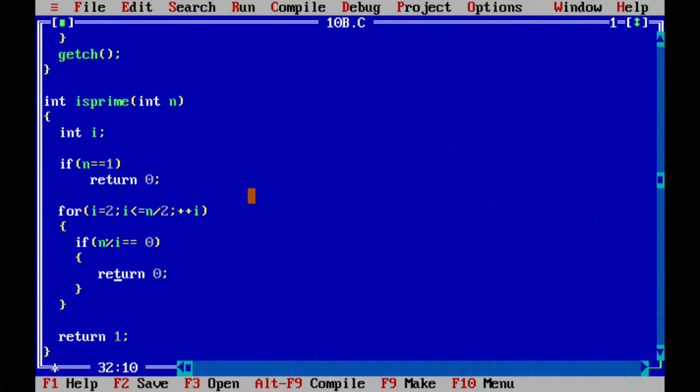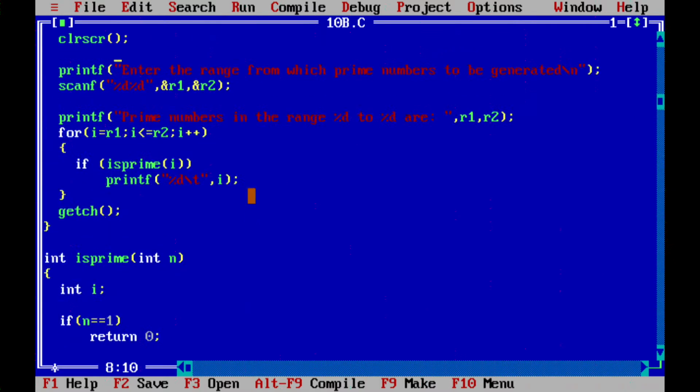That means it is not a prime number, no need to continue, return 0, get off. If we complete the whole loop of I from 2 to n by 2 and still couldn't find any divisor, so n modulo I is not equal to 0, then we return 1.